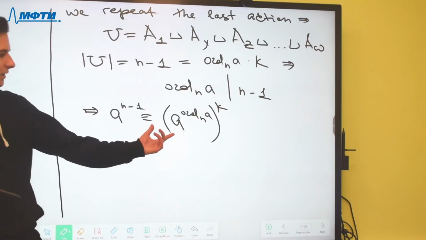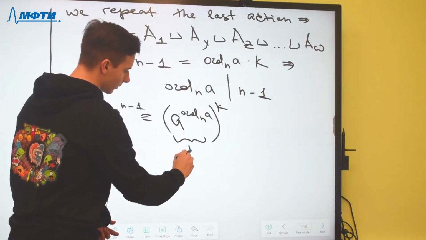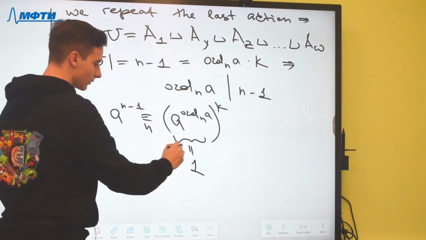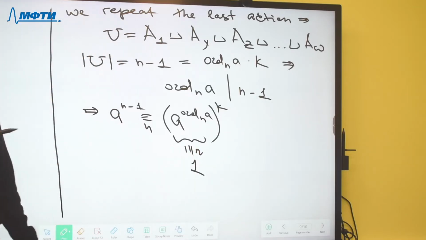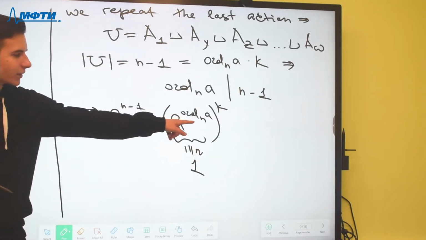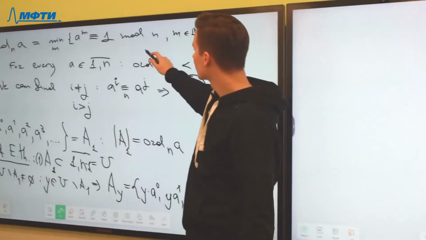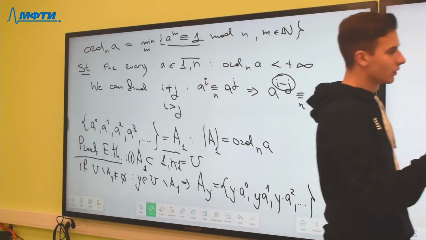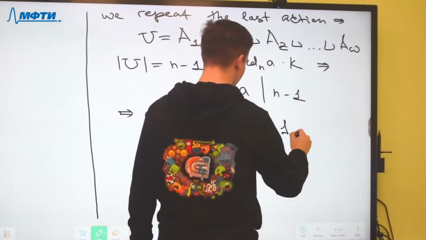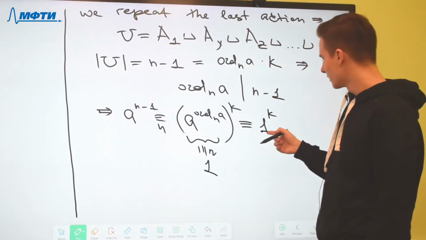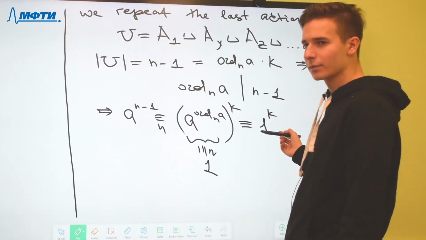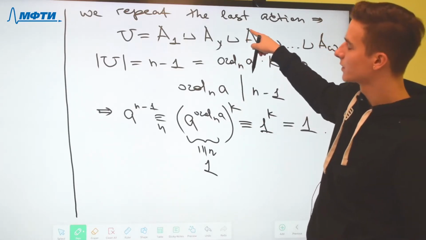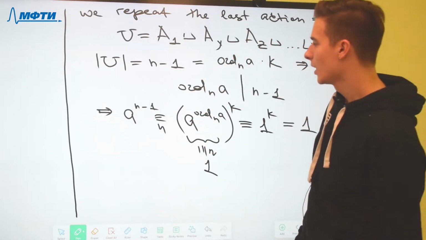Yeah, it is equal to 1 modulo n, of course, because we know that the order of an element, by the definition, is such m that we have this equation. And so it is equal to 1 power k, and of course it is 1, yeah? It is a proof of the Fermat Little theorem, and